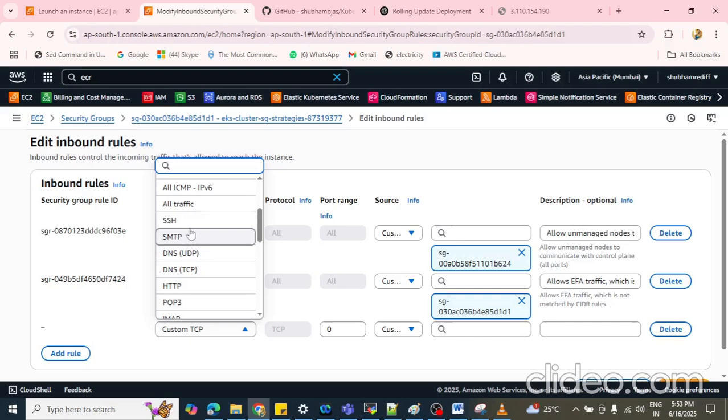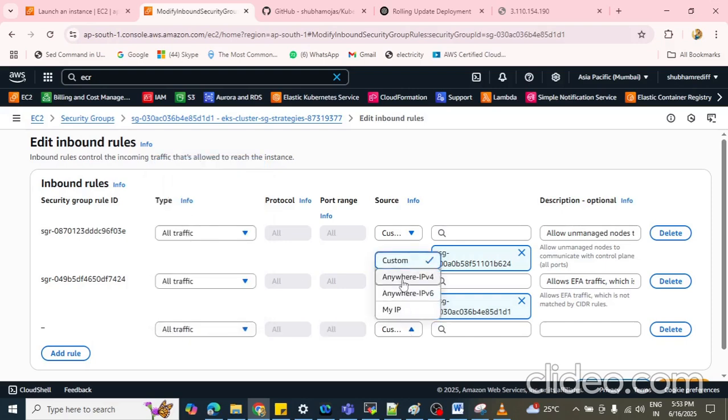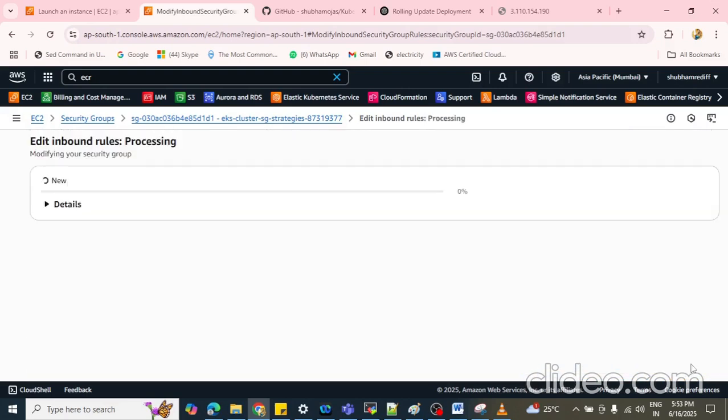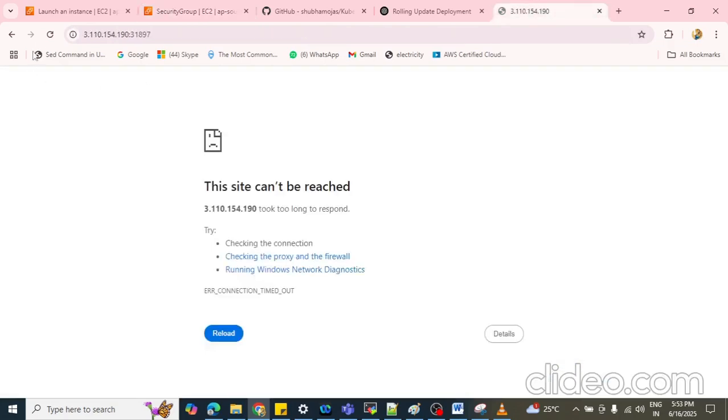All traffic, all port, save it. Oh yeah, we haven't updated the security group in our node instance. That's why it was not working. Okay, so it is working fine now.